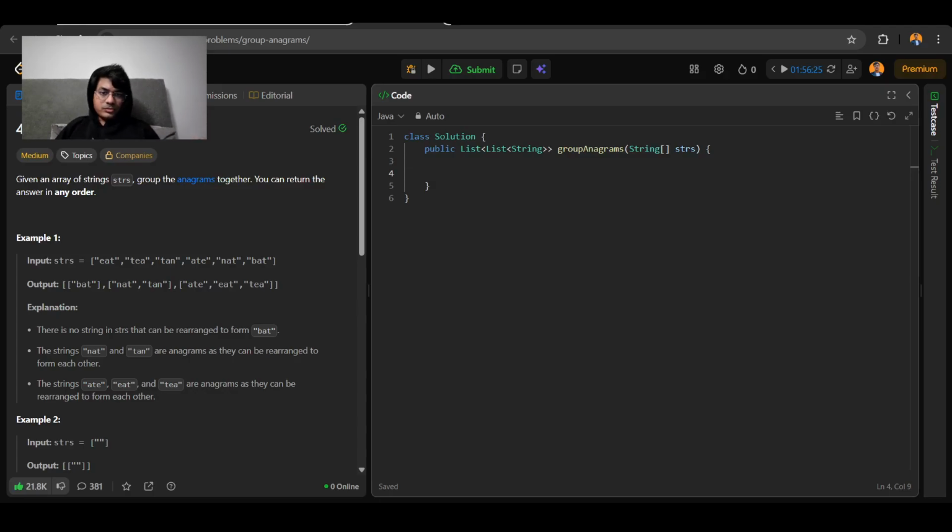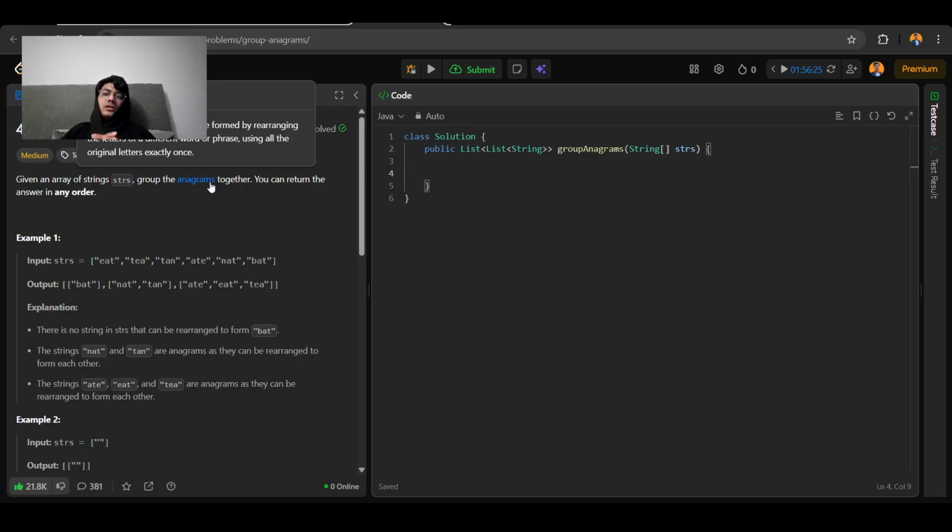Hey, so today we are going to solve LeetCode question 49, Group Anagrams. So we are given an array of strings, strs, and we have to group the anagrams. Basically, an anagram is a word or phrase formed by rearranging the letters of a different word, using all the letters